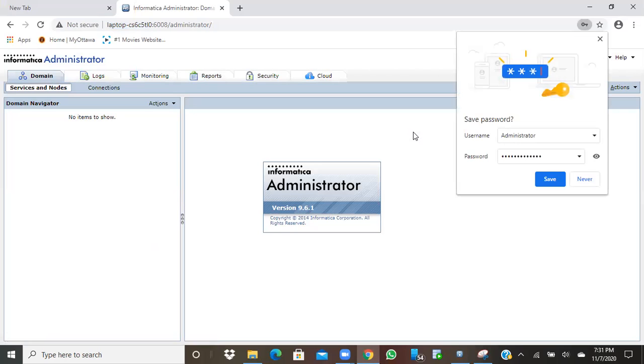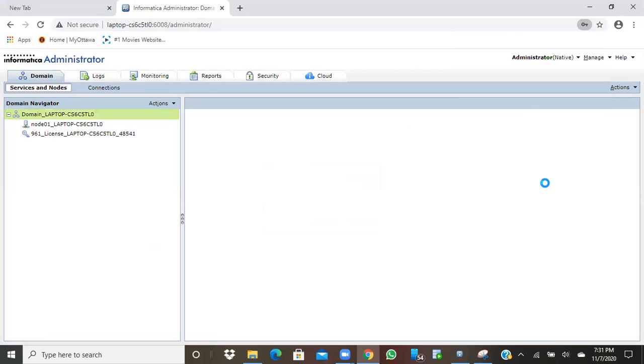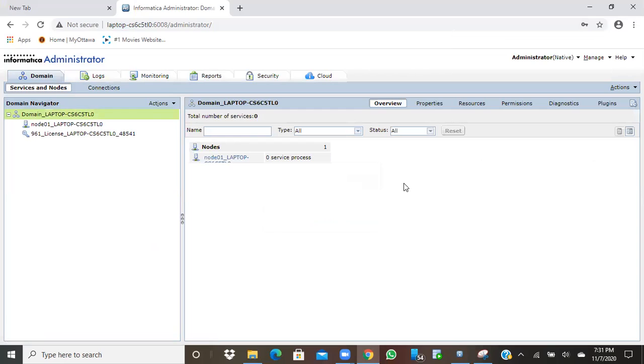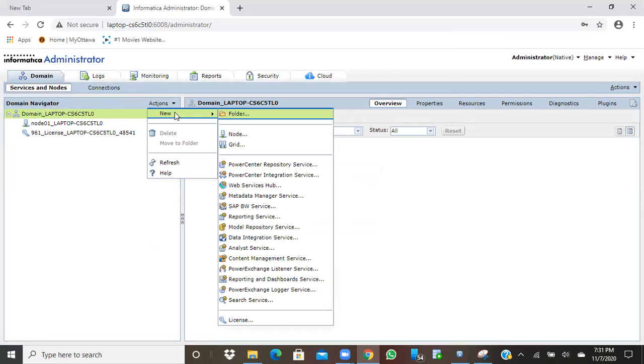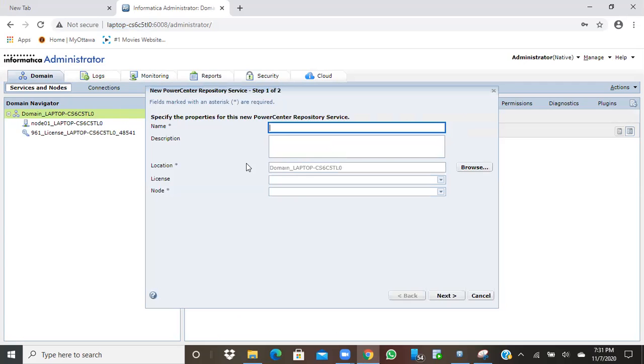Now, here, make a single click on the left side. You can see the action. Yeah, action. Make a single click on the same. Click on new, and then from here pick the option PowerCenter repository service, the very first one. And then here you can give the repository name. You can give repo underscore ETL class,